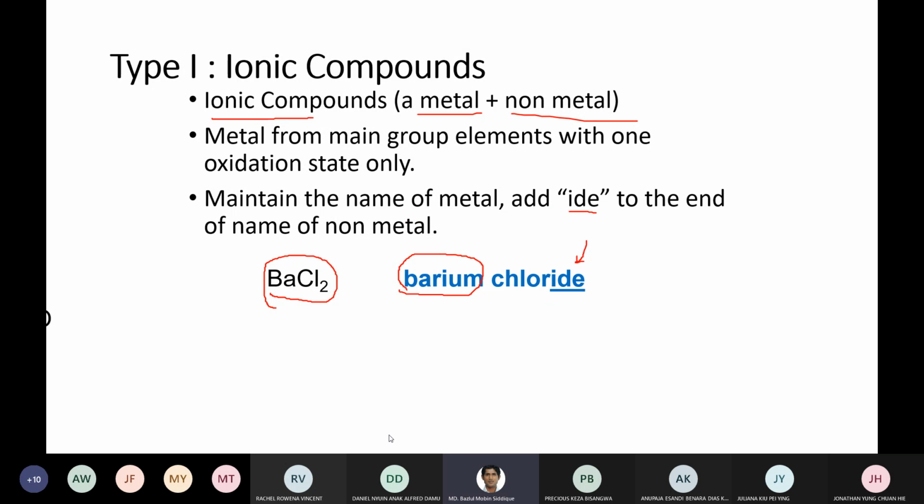Another example is potassium oxide, because potassium is an alkali metal, a group 1 element. It is a metal, so it does not change. This potassium does not change. It's always +1. Potassium, sodium, cesium, lithium, they are always +1, so that they will not, I mean,